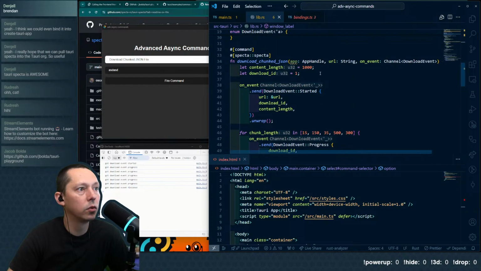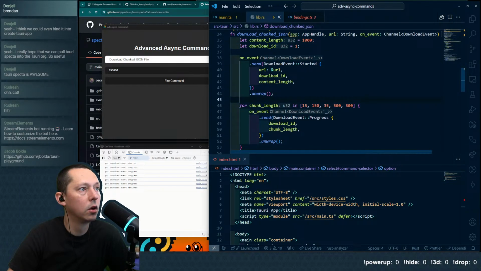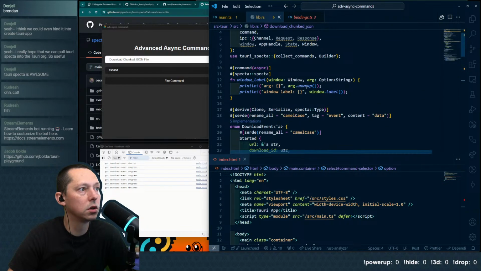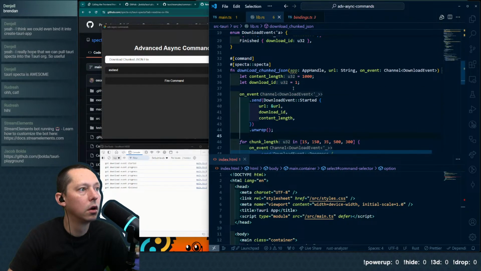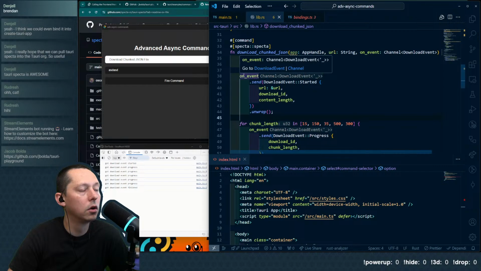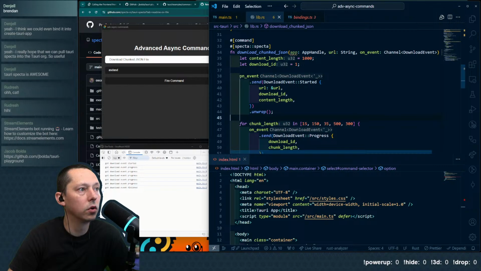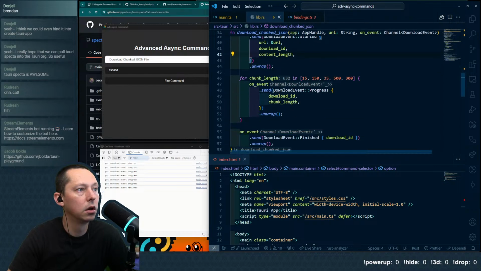Every time we get a new chunk, so on event, download chunk JSON. So this on event comes from the channel. Okay. So on event, it sends the URL, download ID, and the content length.